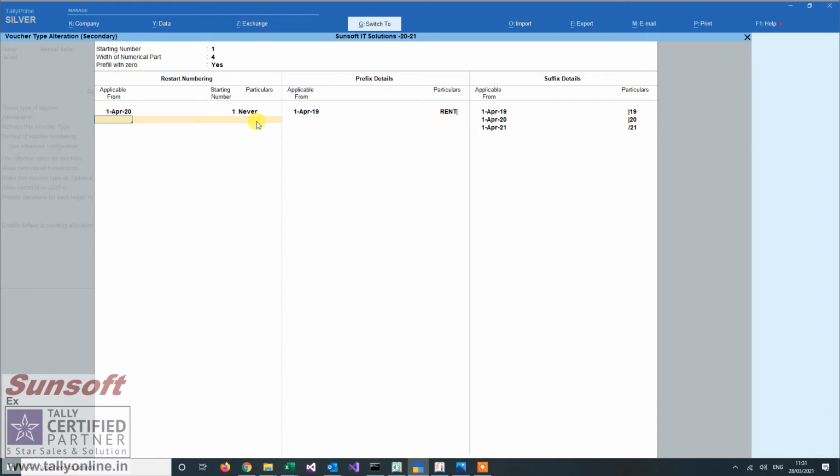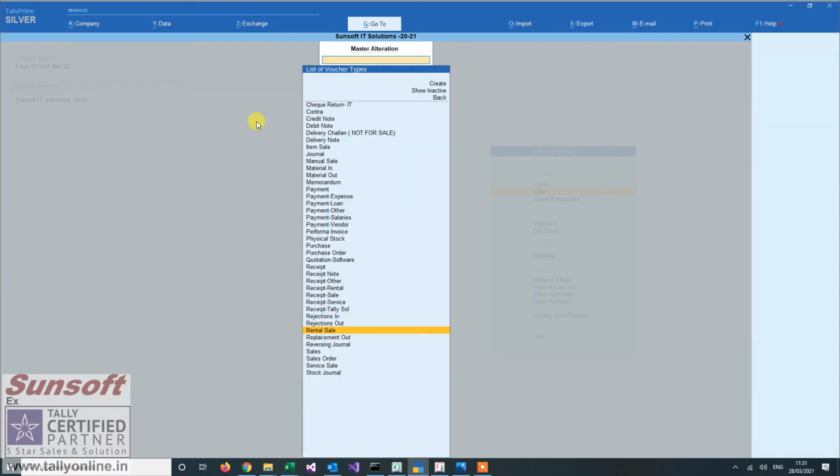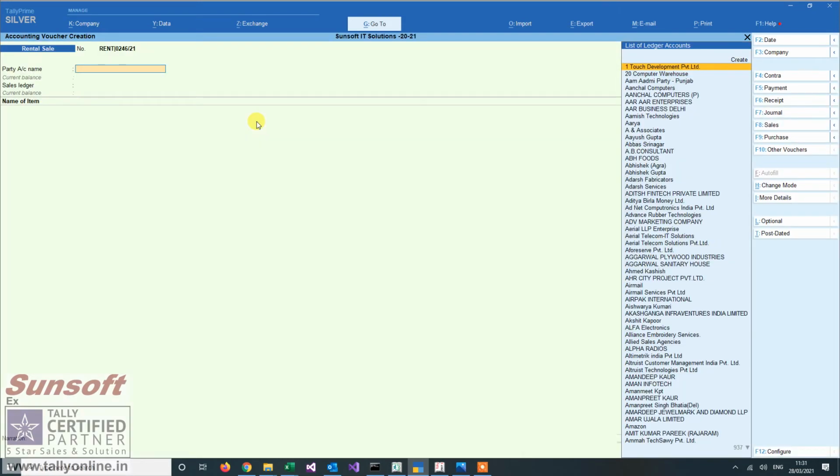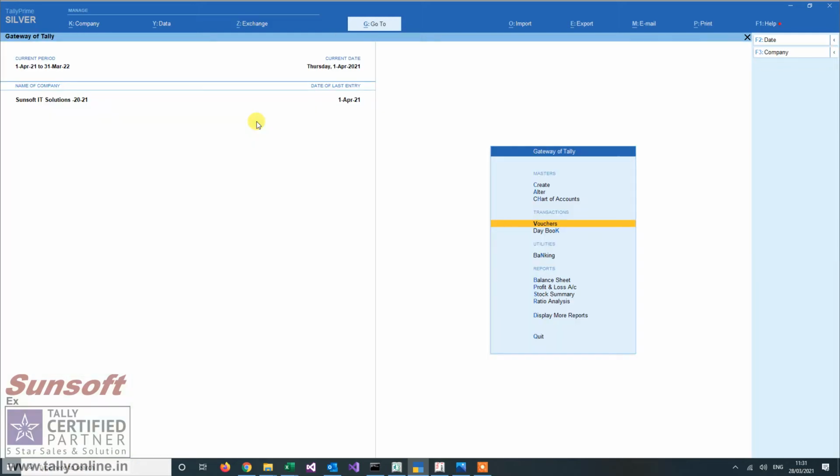That means post 1/4/20 the numbering is never to be reset. Now when I go here, I see the number continuing, and the suffix has changed.